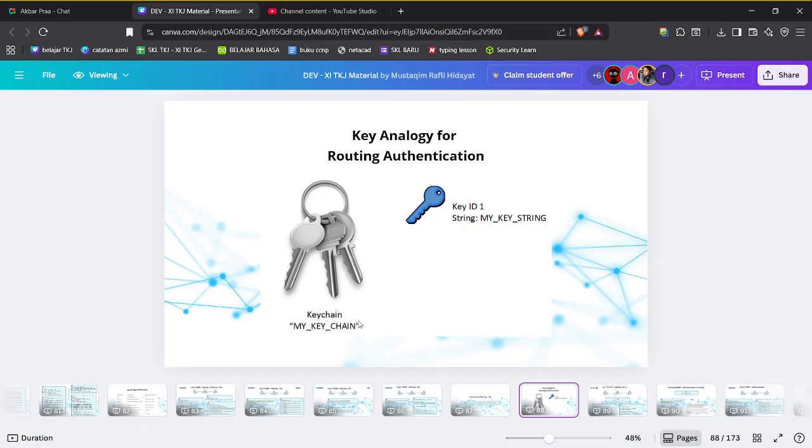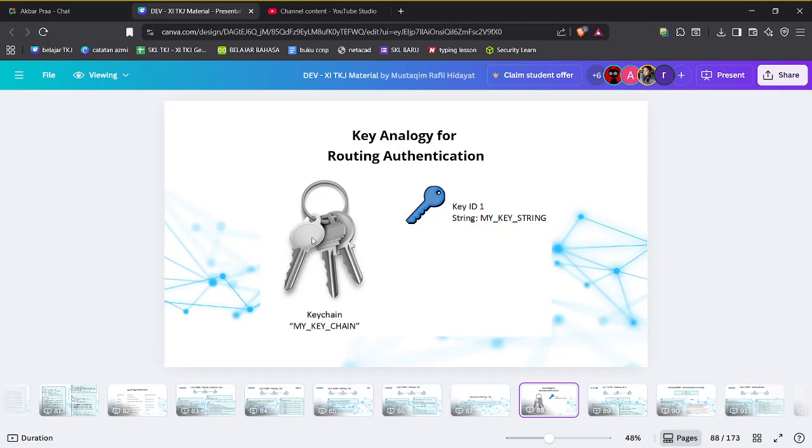So, there is a 3-part analogy for this key authentication. The key chain, or this ring, you can give a name, like room 1. So this is the key chain for room 1, and then there are 3 keys, and the key ID 1 is the number of the key.